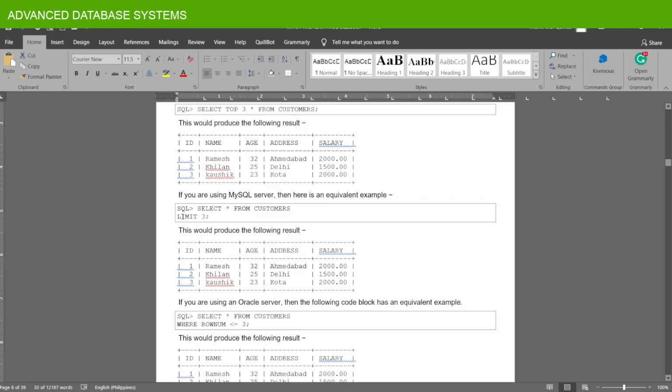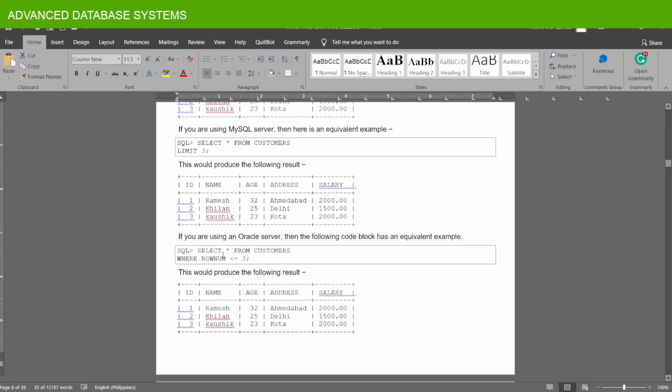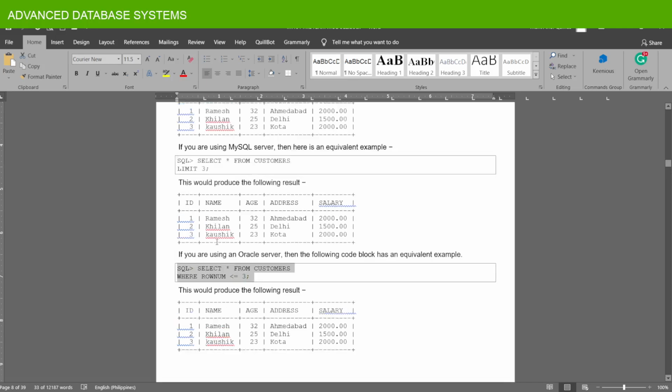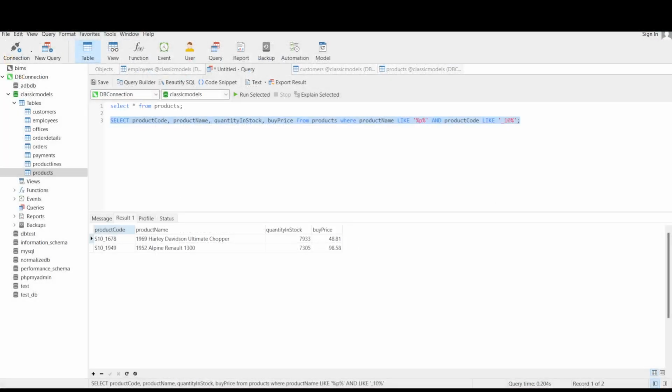Kaya for Oracle, like all from cost where row num is how what we're second part. How we were how we're here